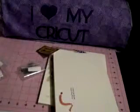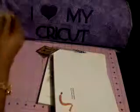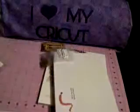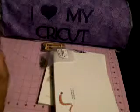And then I grabbed this one. It's only a foot. They only sold it by the foot, so I didn't want to get that much because I wasn't going to be using it except for putting on the mini albums. And then they have these things called loop locks, and these are used for